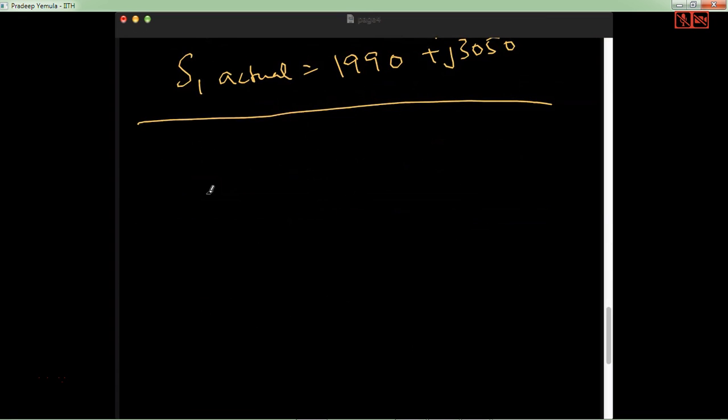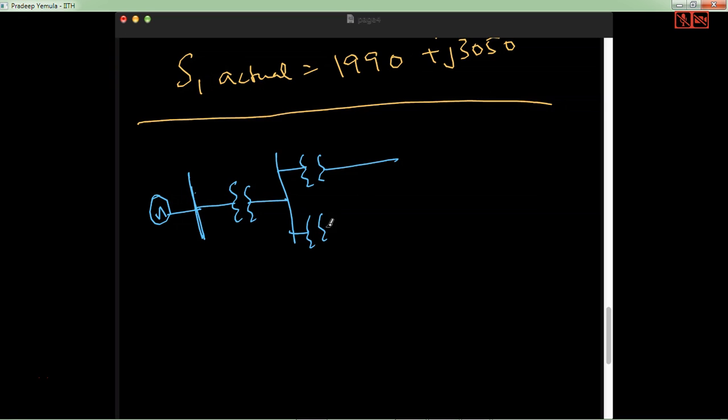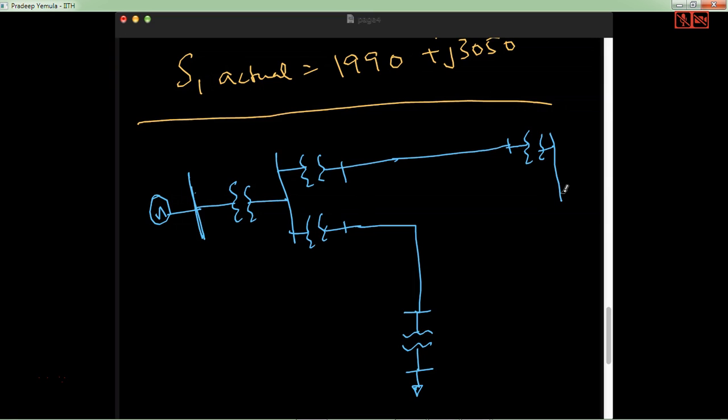another example. So let's say there is a generator. Immediately after this generator, there is a transformer. Then there is a line. Then again there are two transformers. Again there is a transmission line here. This is received here. This is one transformer. Then this is going to another substation. There is another transformer. And finally there is a load here. And here there's another generator. So a system like this is a sample power network